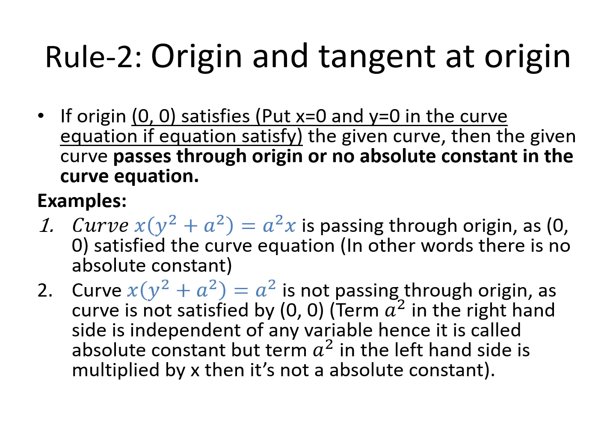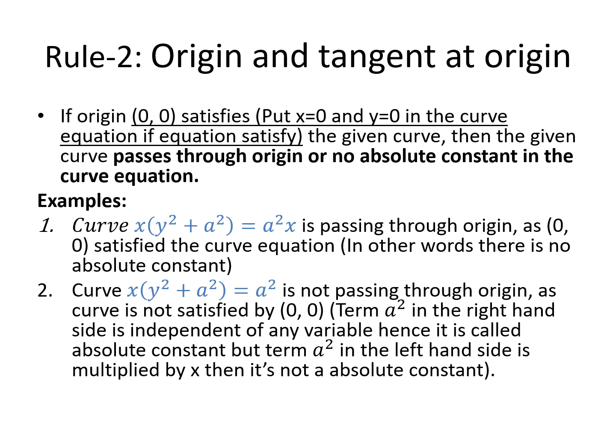Now second example: let x y square plus a square is equal to a square. Here if we put x and y equal to 0, the left hand side is 0 but the right hand side is a square. That means the curve is not satisfied by (0, 0), hence the curve is not passing through origin. Here in the right hand side, the a square term is not multiplied by any variable,